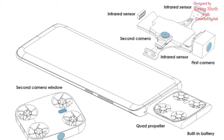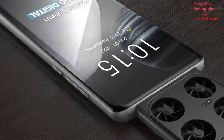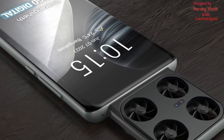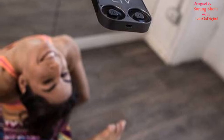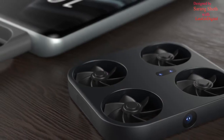Also, another question that arises from looking at the renders shared by Sheth and LetsGoDigital is how the drone module will return to the smartphone. While regular drone cameras are perfectly capable of returning to their base stations, the tray retracting and extending from the device is also to be motorized, so the module would have to land perfectly every time, or be put in